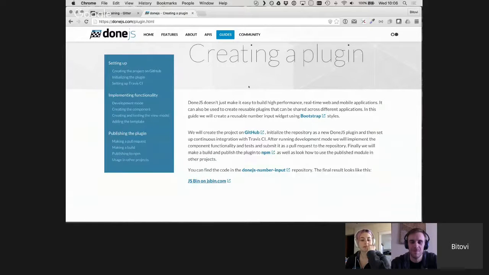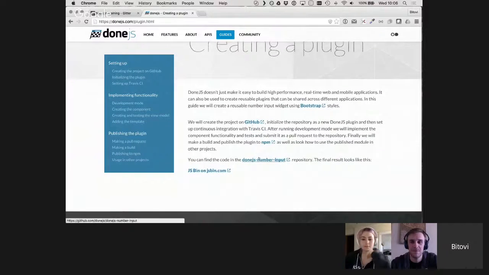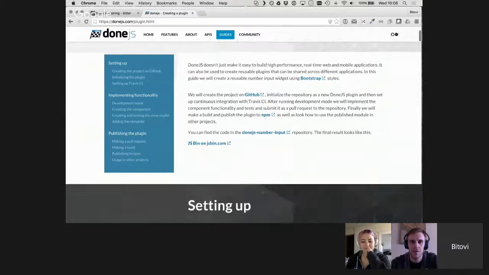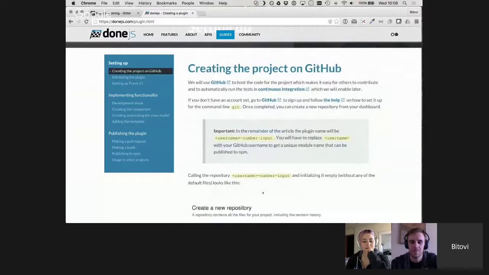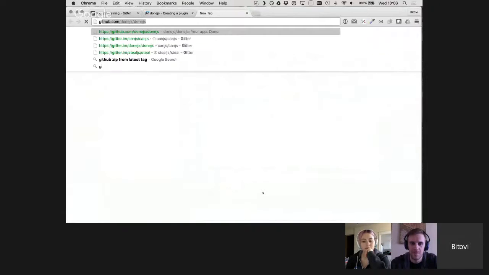All right, let's get going then. In DoneJS and in this plugin, we'll use ES6 modules, which are the future. So you won't even notice, but you will make it available for those 90% that are using script tags as well. So the first step that we have to do is